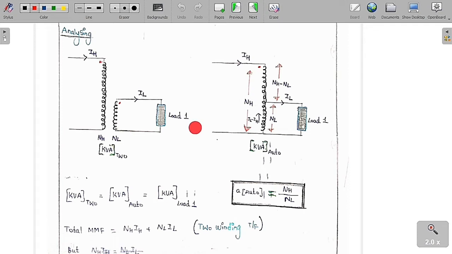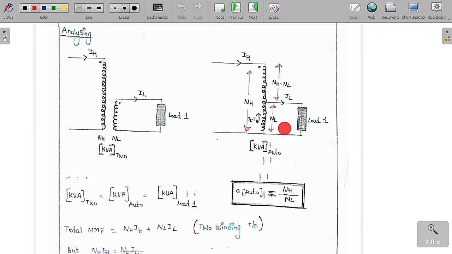I am going to remove the secondary coil, which means I have reduced the copper weight, because I am not going to use the secondary winding itself. I have removed it. Directly I give the connection here to the primary winding itself. So this is called the auto transformer. Now the copper weight has been reduced. So now the copper weight of the auto transformer is reduced, because we are not even considering the secondary winding